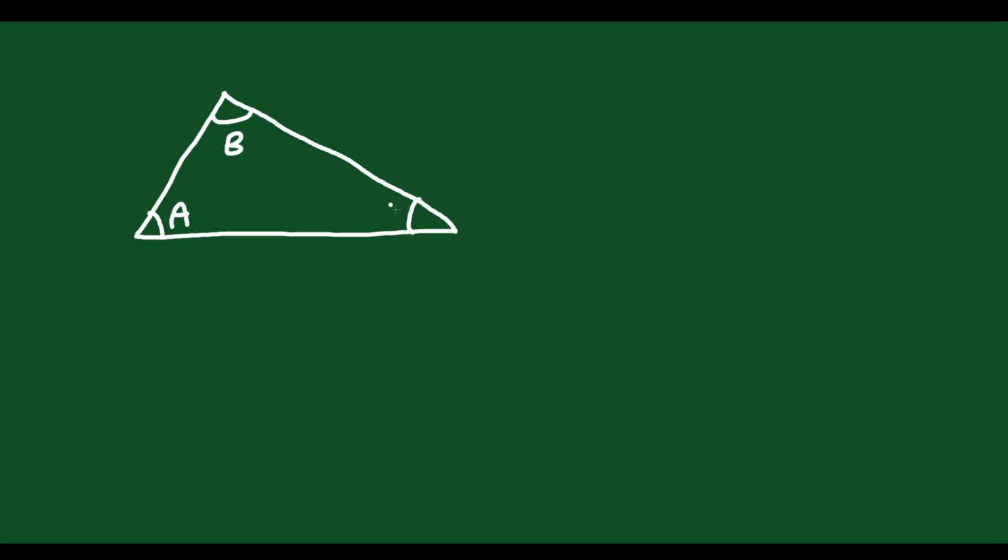You could draw a triangle, something like this, and you could have angles A, B, and C. That would make this side a, side b, side c. That's normally how we label our triangles, right? With capital letters for the angles and lowercase letters across from those angles to represent the sides. That triangle, you could say, is similar to this triangle,